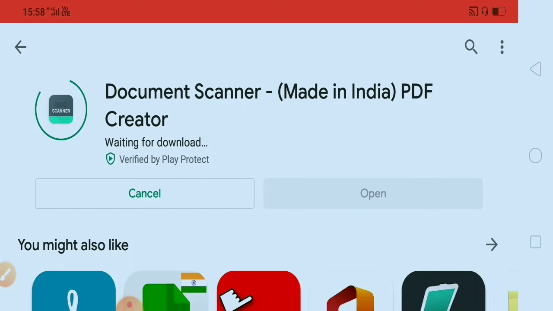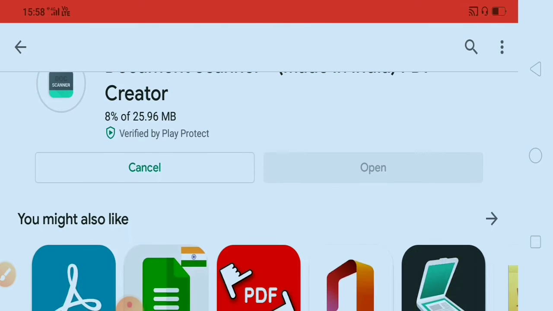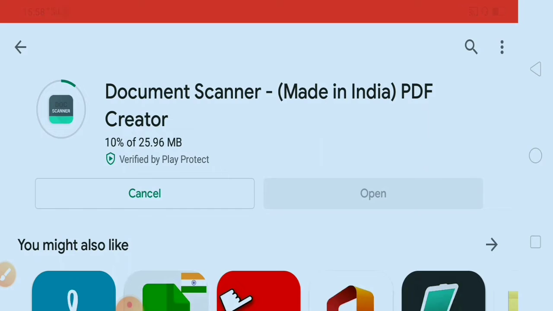Now for scanning and converting all the pages to PDF, you need another app which I have already showed you. There are many apps available on the Play Store. Cam Scanner is a very good app, but since it is banned, so use this document scanner.